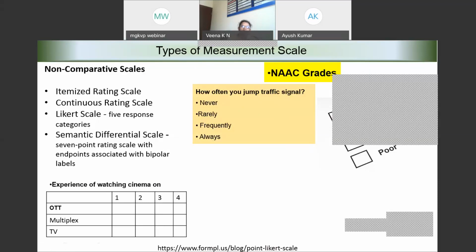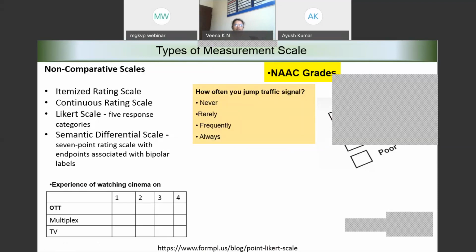If I'm asking the respondents to respond with their option, let us say experience of watching cinema on OTT, somebody will tick it as 4. Multiplex, maybe somebody will tick it as 3. TV, somebody will tick it as 1.